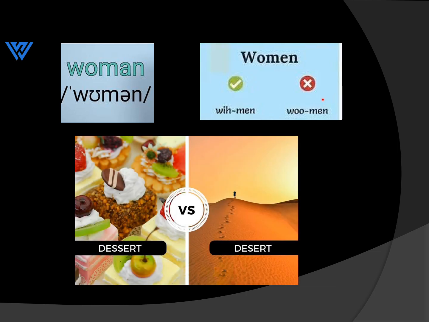The next word is, we actually mix up these two words. There's only a difference of single S and double S. अगर single S होगा तो वो सहरा वाला होगा. The pronunciation of that word would be desert. Desert. अगर उसमें double S use हुआ होगा तो वो मीठे के लिए यूज होगा, स्वीट डिश के लिए यूज होगा और उसको हम क्या कहेंगे? Dessert. Dessert.